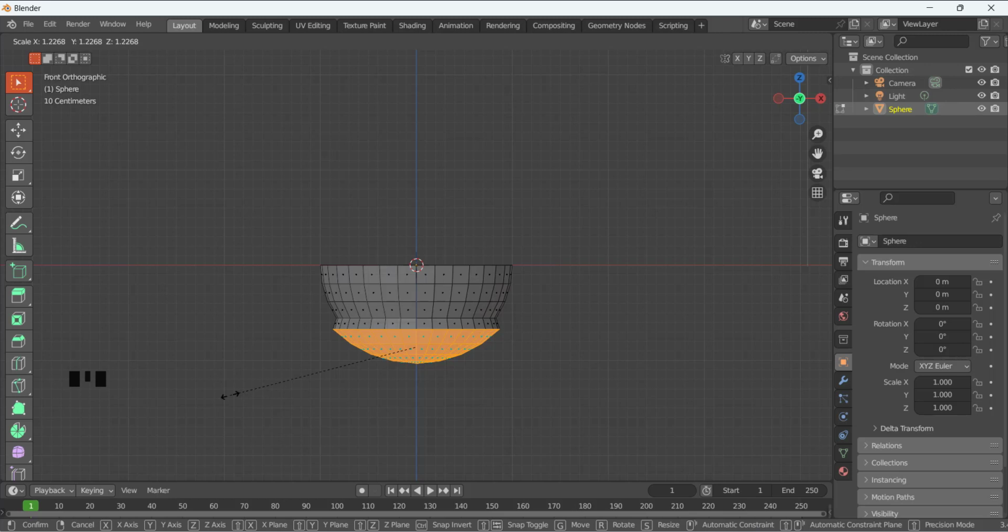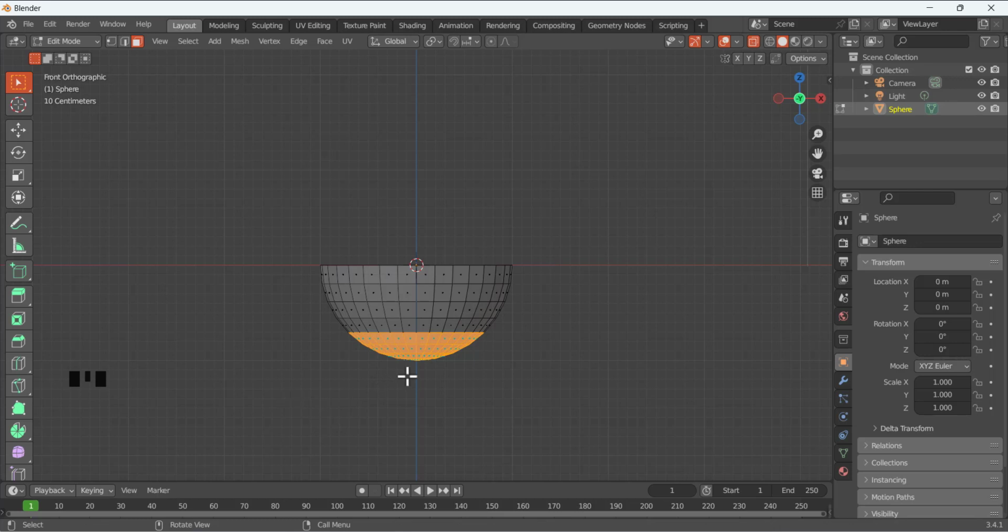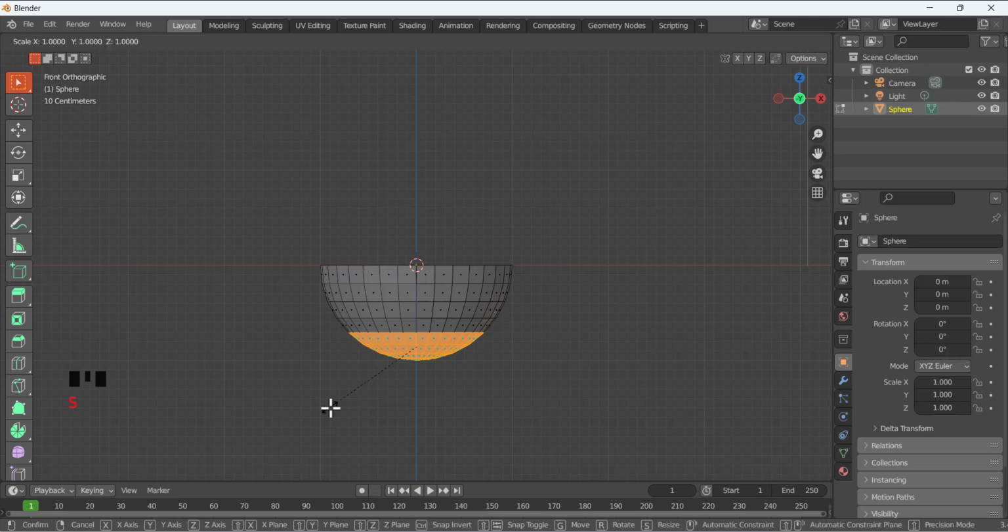So what if you want to scale it only in the Z direction? You press S and then Z. So I am going to press Z. Now it's only going to scale in the Z direction. So let me do it again by deselecting. So these faces are selected. I am going to press S on my keyboard and then Z to only scale in the Z direction. So now we are moving in the Z direction. So we have to move upward